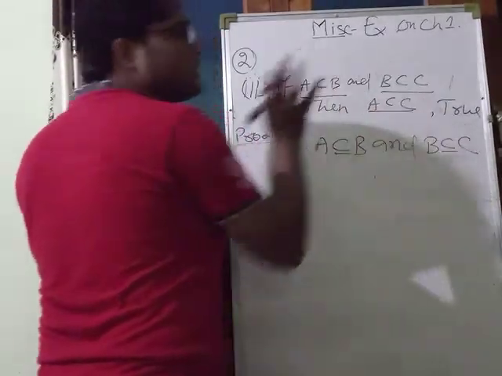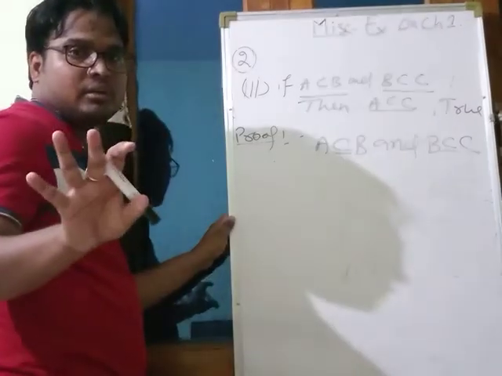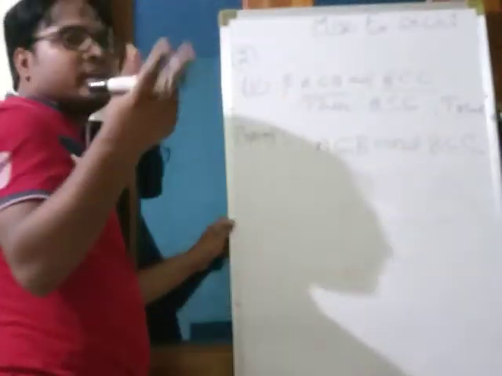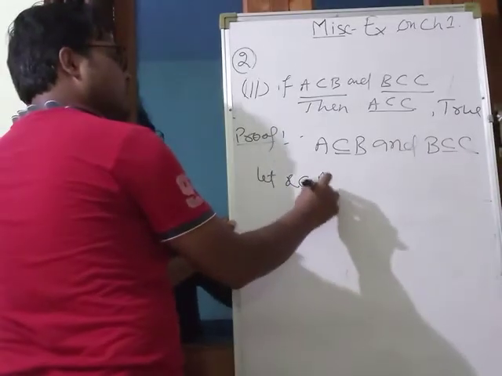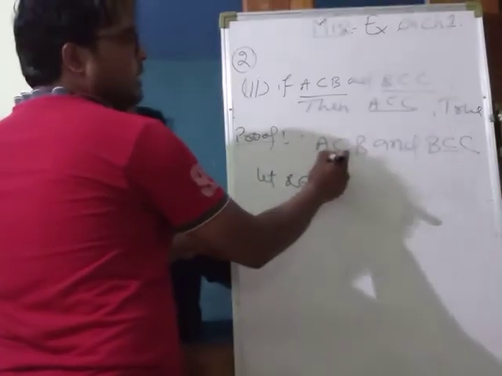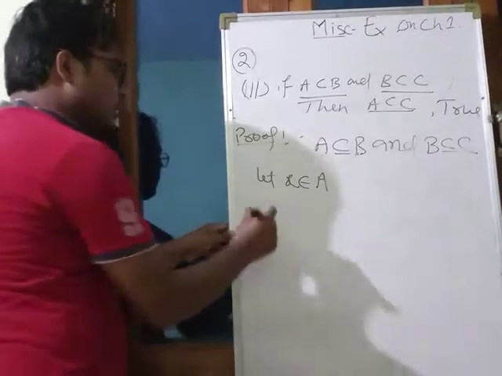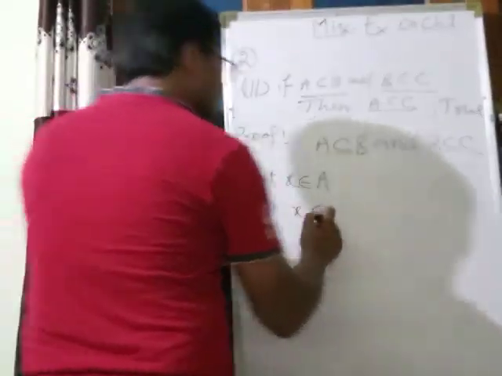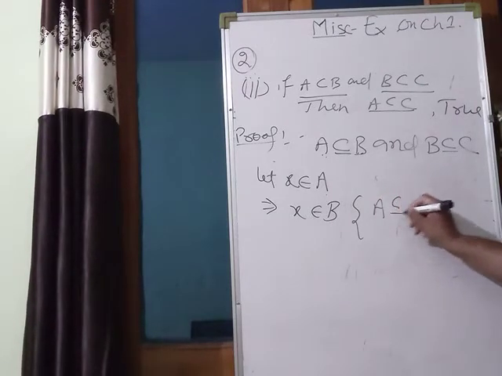तो A C का सबसेट कब होगा? जब A का हर एक एलिमेंट C में हो. यही हुआ? तो A में कोई एक आर्बिट्रेरी एलिमेंट आप ले लो. Let X an arbitrary element belongs to set A. अच्छा A क्या है? B का सबसेट है. तो A का हर एक एलिमेंट B में तो होगा ही. क्लियर है? Clearly X belongs to B. Why X belongs to B? Because A is subset of B.